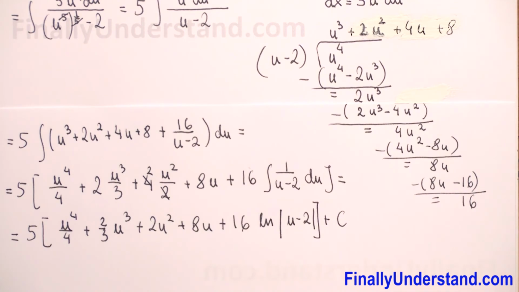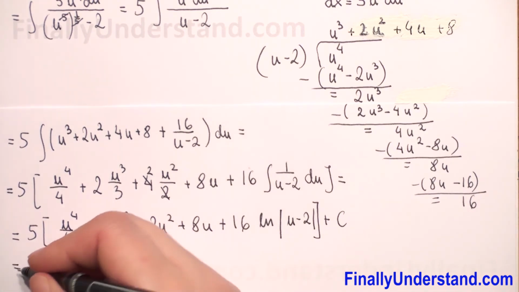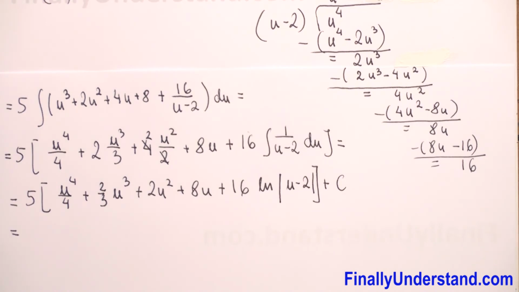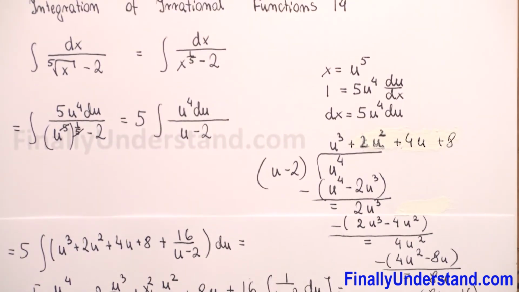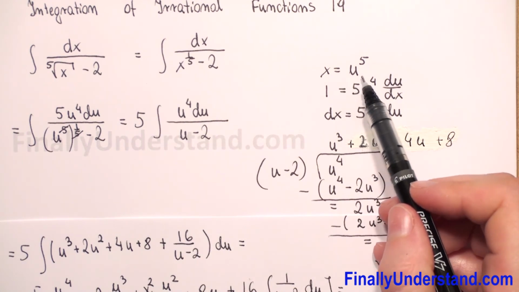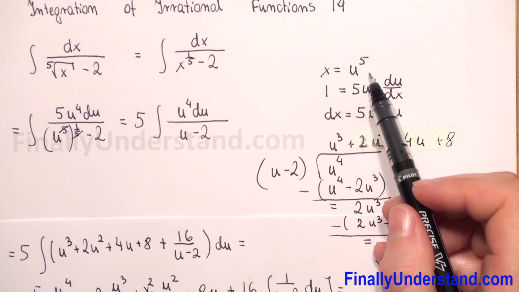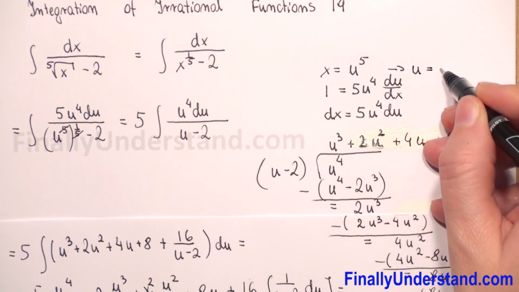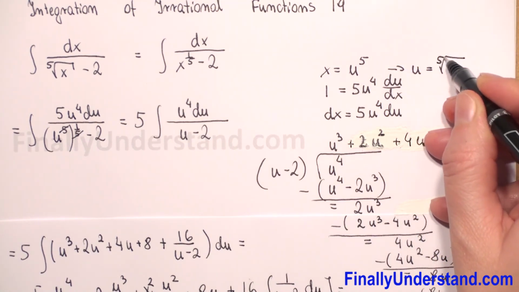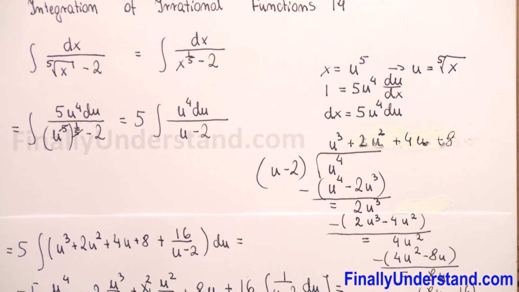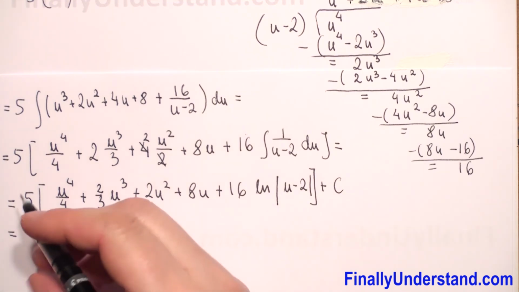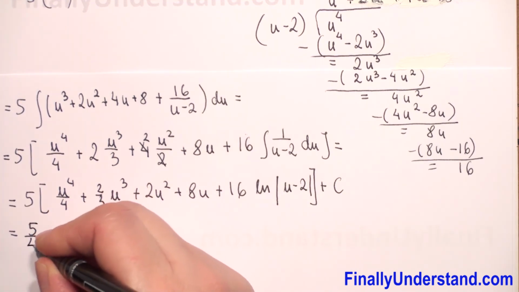So this is equal. We have to come back to our substitution. We have that x is u to the 5th power. So u is equal to the 5th root of x. So we can do the multiplication. We have times 1 over 4, so it will be 5 over 4,